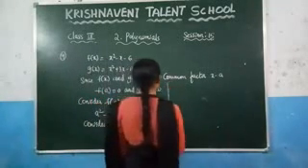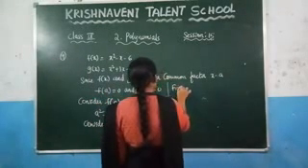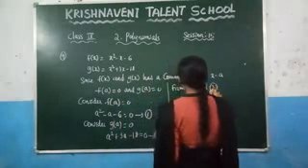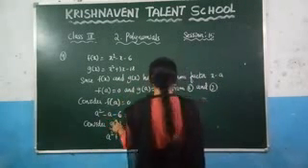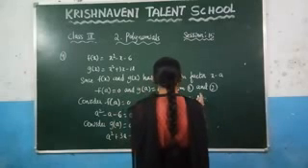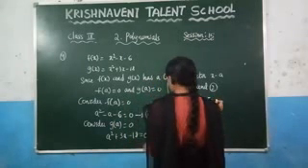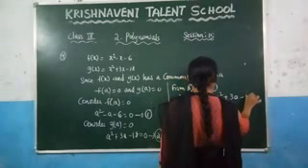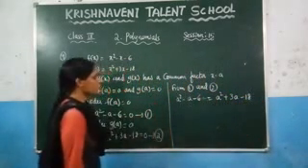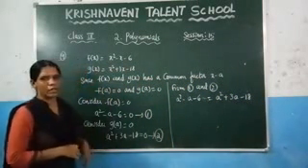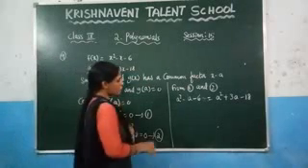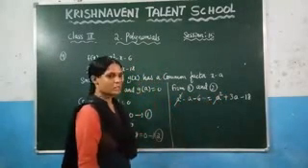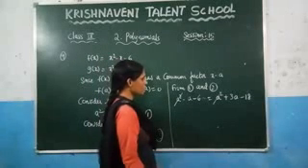So write it here from 1 and 2. So what is the LHS part here? A square minus a minus 6 and the equation 2 which is a square plus 3a minus 18. Now we have equated these two values, so you need to find the value of a here. You can observe that here a square and a square will get cancelled because both the signs are same. Now you need to find the value of a.